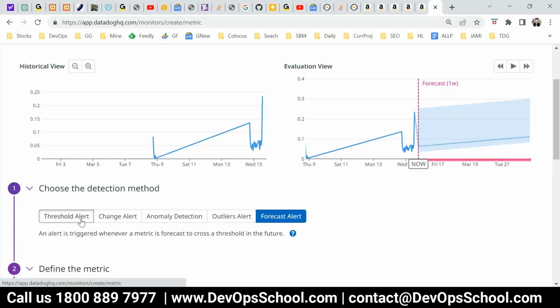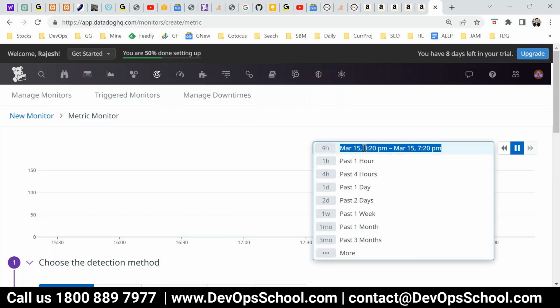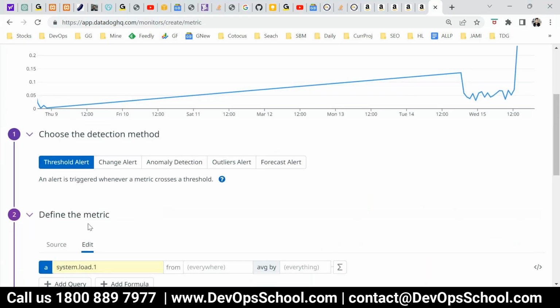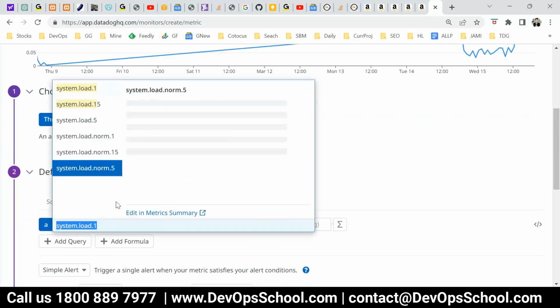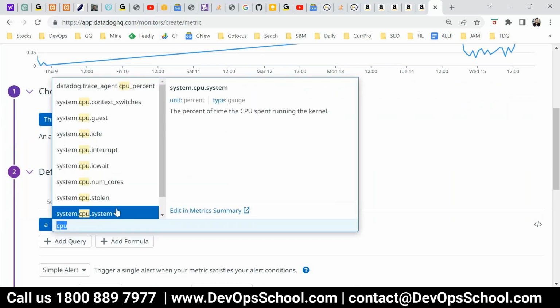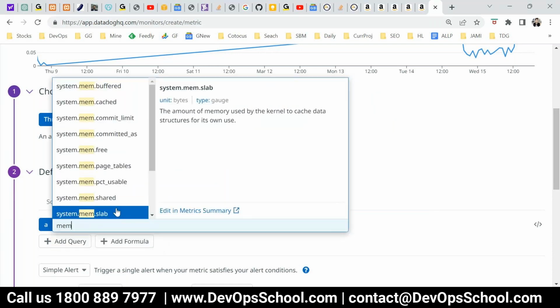So let's go for the threshold. Let's say I have disabled the server which I was using. I'll go for the last 1 week, and this is the last 1 week of data which we have. Here you can select the load. It can be any metric, like CPU. Here are the metrics. Memory, what do you call it, memory, mem. And then disk, here you have